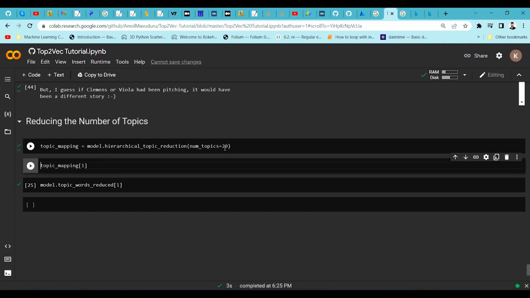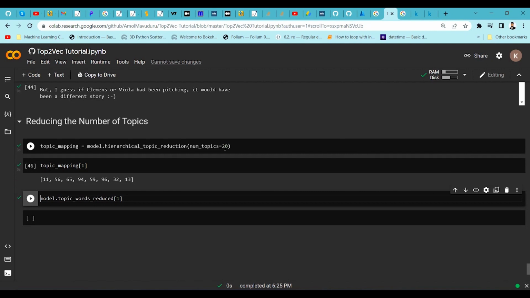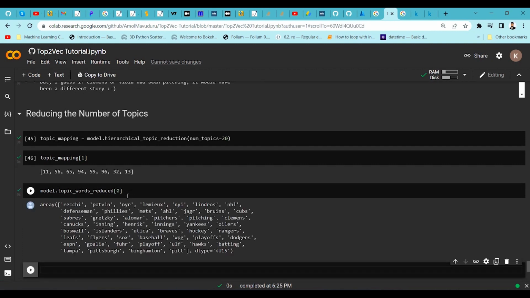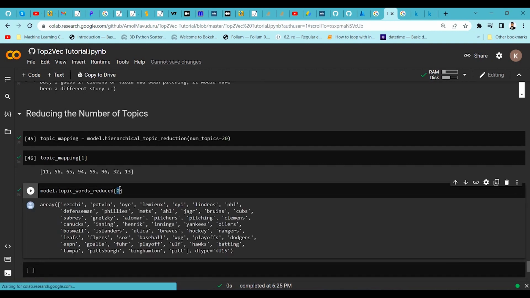So once I run this, you can see the topic mapping. It says that these are the indices that are being used to club the similar topics. So these are the indices of the topics that are being used to club the similar information. And if you want to see the reduced topic words for index 1, you can also do it by topic word reduction. So if I print it for 0 as well, let me just show you. Yeah, you can see this was the 0 topic that we found